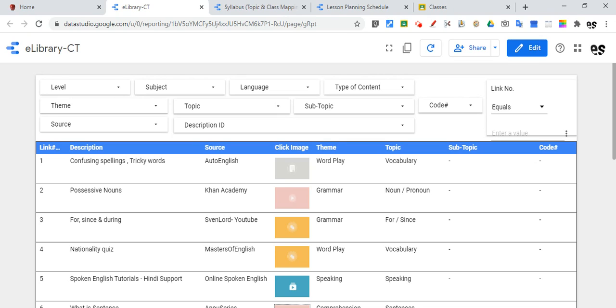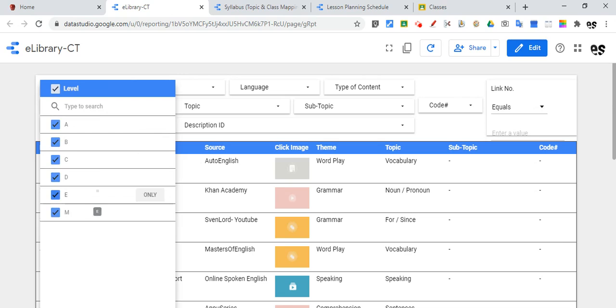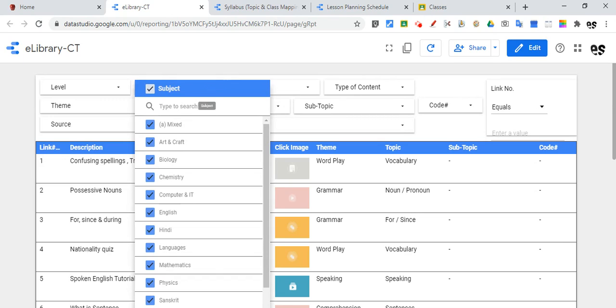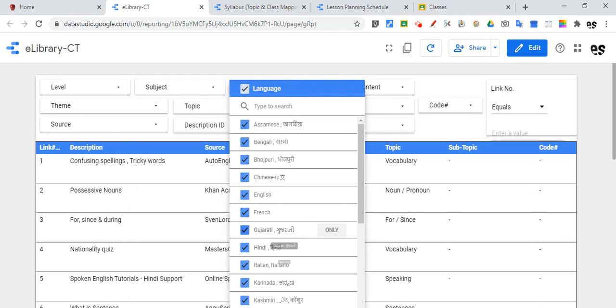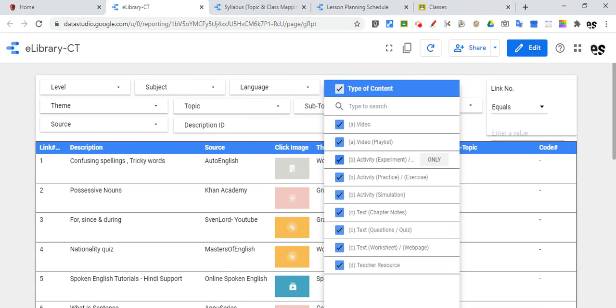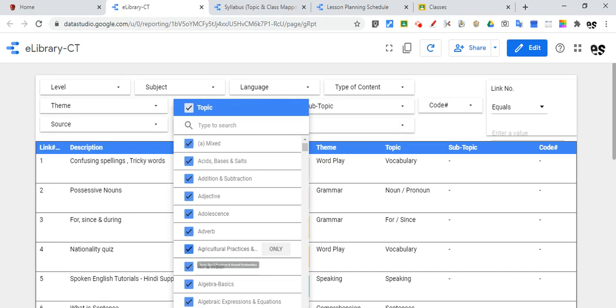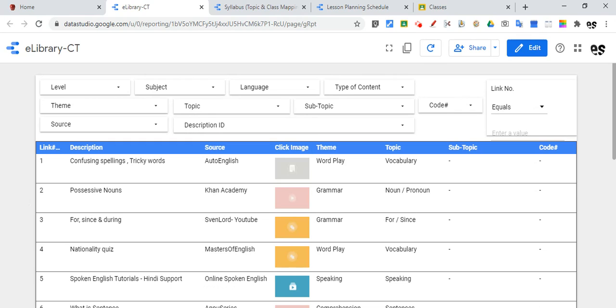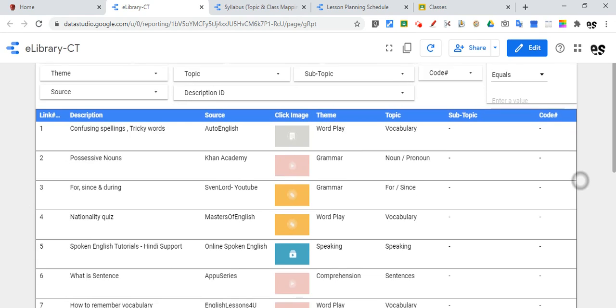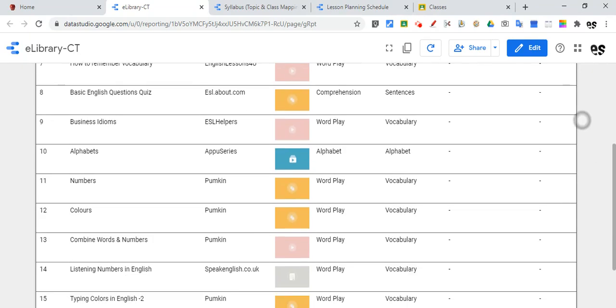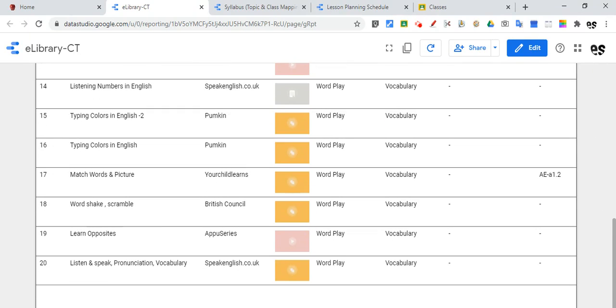of the online content are indexed according to level, subject, language of the content, type of content. They are also indexed under different themes and topics. At present, you see at the bottom, it has more than 12,000 links